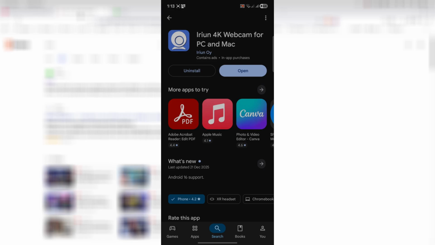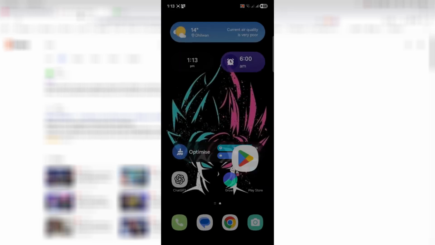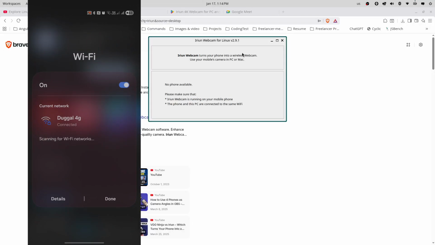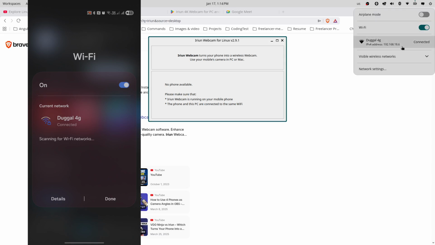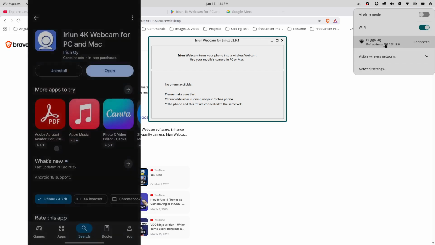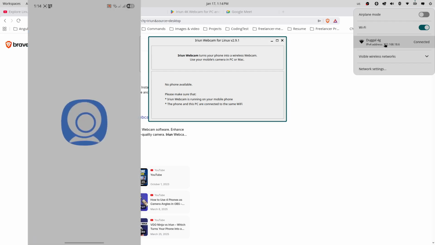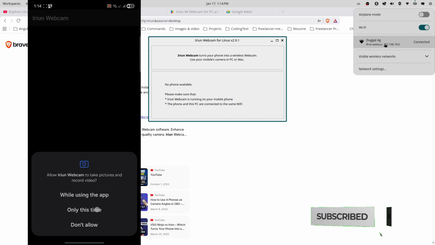I will use this application wirelessly. To connect my phone and laptop, I won't use any USB cable. I will use my mobile phone as a webcam wirelessly. We need to connect this application on the same Wi-Fi network. So this is my Wi-Fi network, and my laptop is also connected to the same Wi-Fi, you guys can see. And after installing this application we need to open this application,